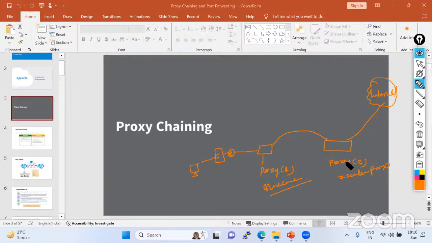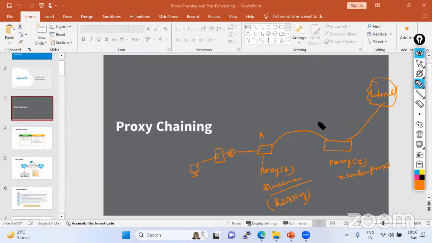Proxy chaining involves forwarding the traffic from one proxy server, proxy server A, to another proxy server. This method leverages the existing proxy which you are using in your infrastructure. Let's suppose your company is already using the Blue Coat proxy,